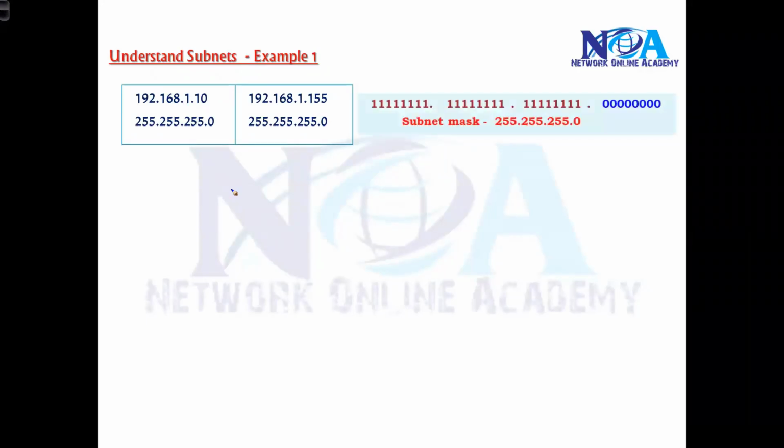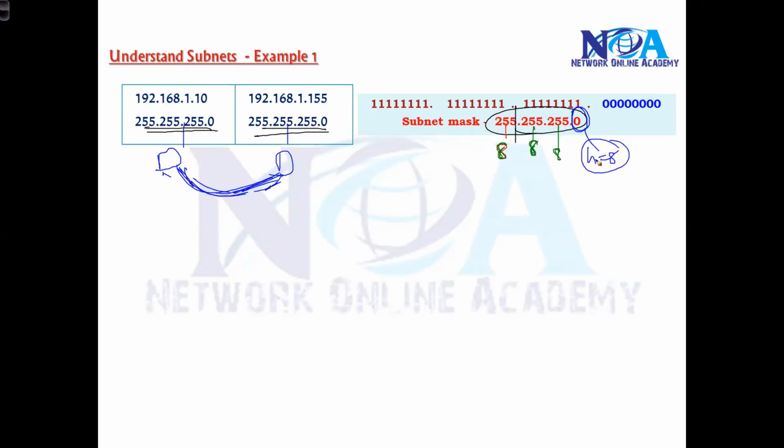So basically, whenever we ask whether these two devices belong to the same network, physically they are in the same subnet, same network. Logically, also they should be on the same network. And what will decide that? The subnet mask. So when you're writing this 255.255.255.0 subnet mask, it means 8 network bits, 8 network bits, 8 network bits, and 0 means 0 network bits, so the remaining are host bits. There are 8 zeros, nothing but 8 host bits.